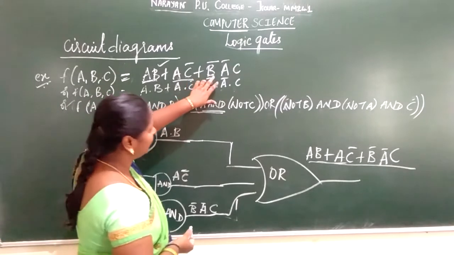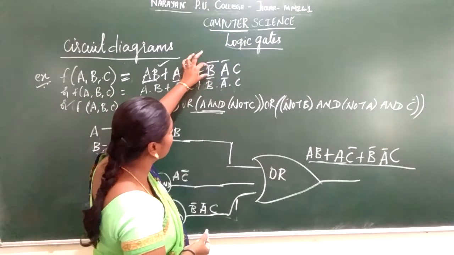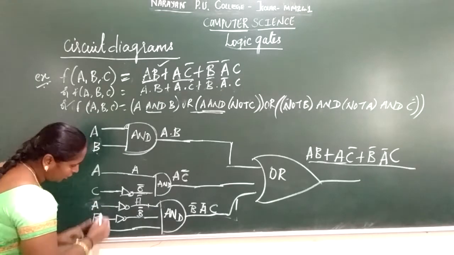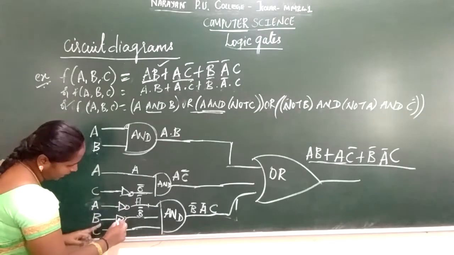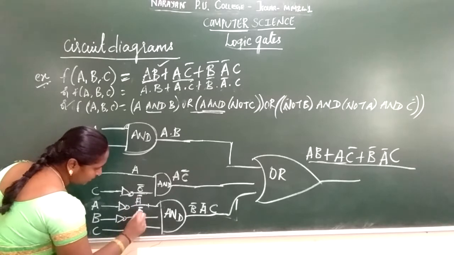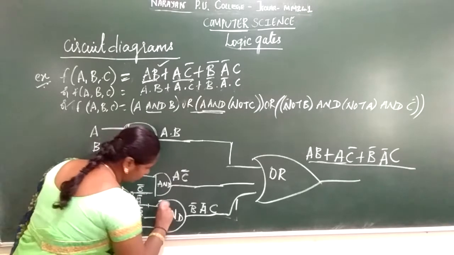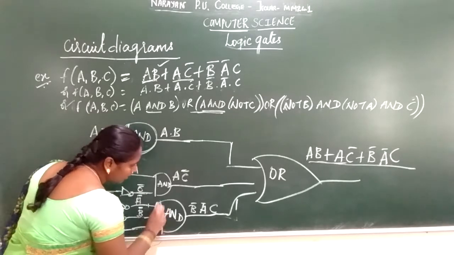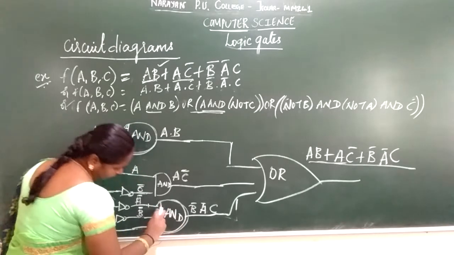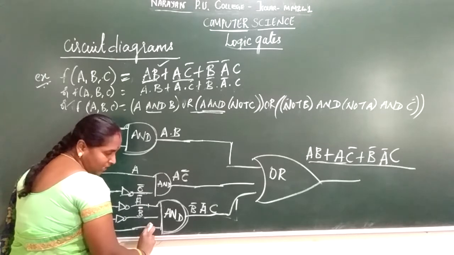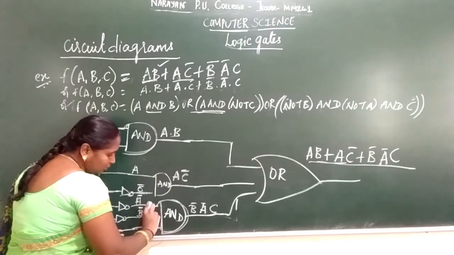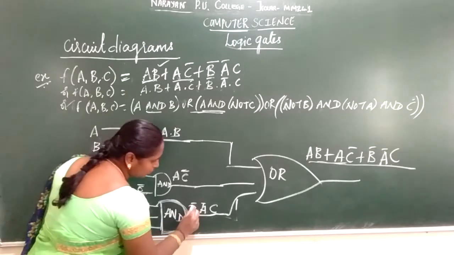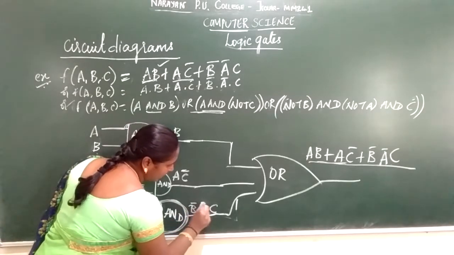Next, my third possible combination is B bar, A bar, C. So I have taken A, B, C. For that, the terms which have a NOT operation are A bar, B bar. So this becomes A bar, B bar, and C as it is. You can split it into two levels of circuits or directly use one level of circuit. I have directly used two levels. Either you can join these two and combine with another AND gate also, no problem. So I have used the three directly in one level of circuit, that is the AND gate. So this produces the result B bar, A bar, C.